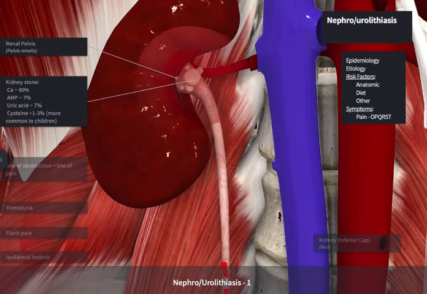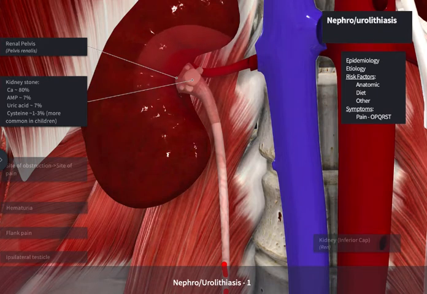Anatomic risk factors include medullary sponge kidney as well as horseshoe kidney. If a patient has reported a history of kidney stones, this is something to pay attention to because the rate of stone recurrence is 10 to 30% at 3 to 5 years among patients with idiopathic calcium oxalate stones. Additionally, patients with a family history of stones have an increased risk of nephrolithiasis as well. Stone disease is more common in individuals with diabetes, obesity, gout, and hypertension. Even excessive physical exercise, such as marathon running, may increase crystalluria.